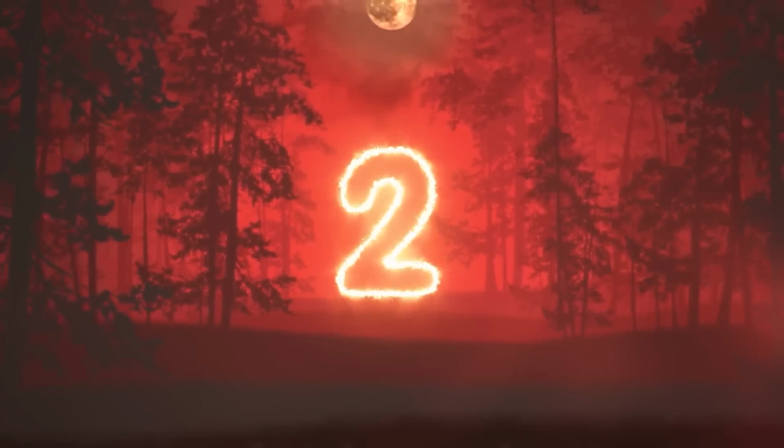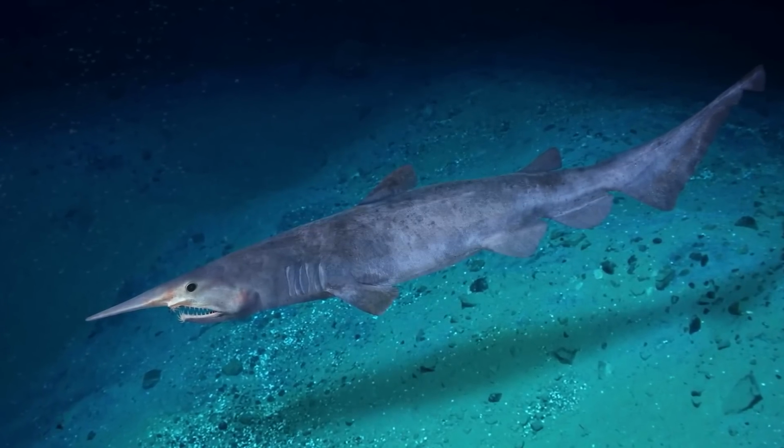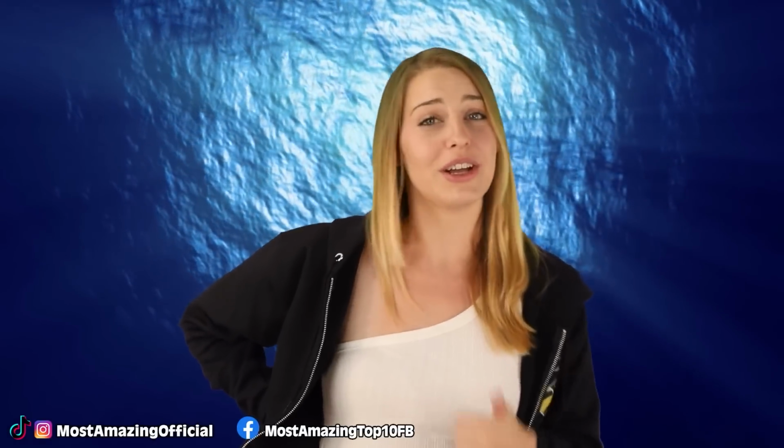Number 2, the goblin shark. Guys, this poor dude. I can't help but make a face every time I look at this creature. It looks like Tim Burton drew the ugliest thing he could think of, and nature thought it was a great idea. You know? After all, you don't get called a goblin shark for looking pretty unless you're David Bowie. He's the Goblin King,